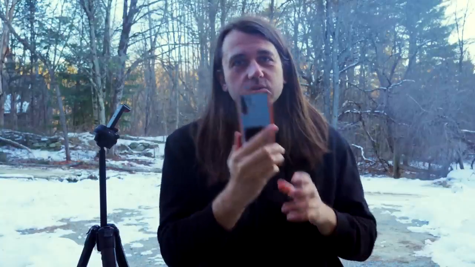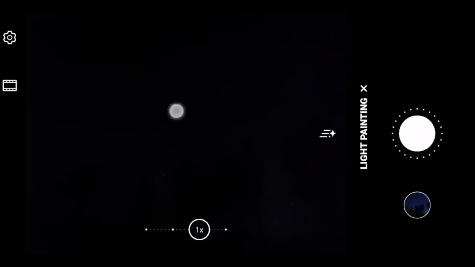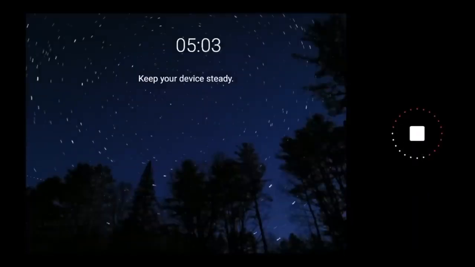Next, I want to show you that on certain phones like mine here, this is a Huawei P30 Pro phone, and I've also heard, other than Huawei, this also works on Honor phones. You can simply go to More in the native camera app, then Light Painting, and finally Star Trails. And with this mode, all you have to do is click on the stars to focus, then click the record button once to start, and after an hour or so, you tap it again to stop, and you have a